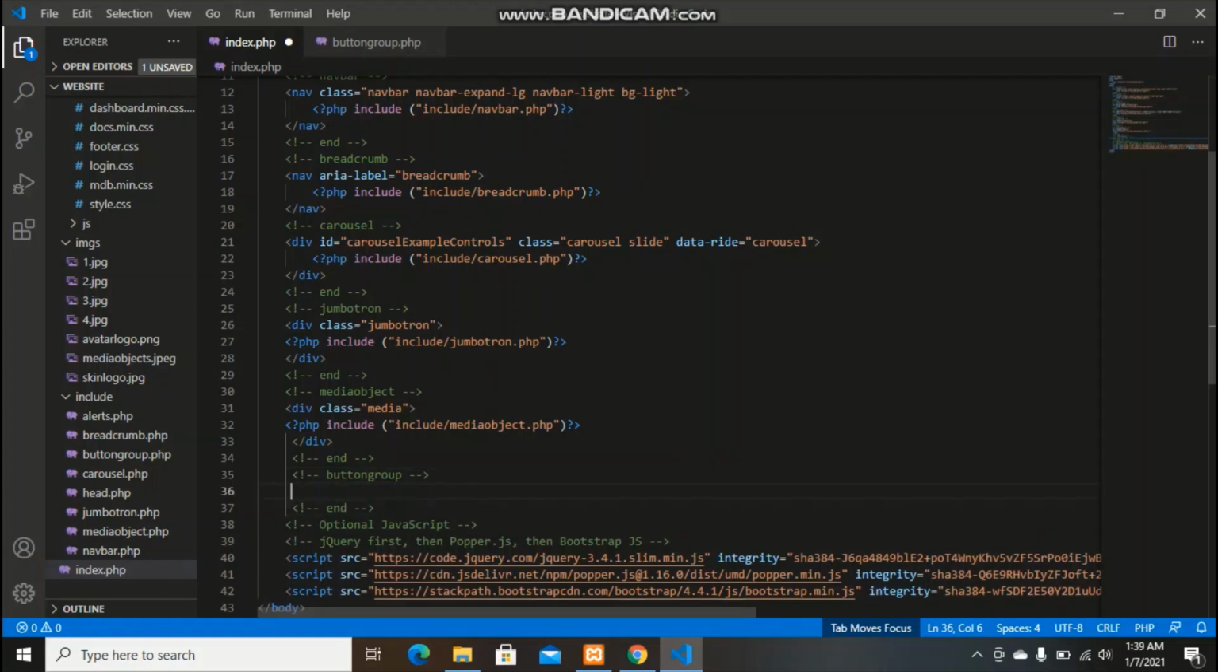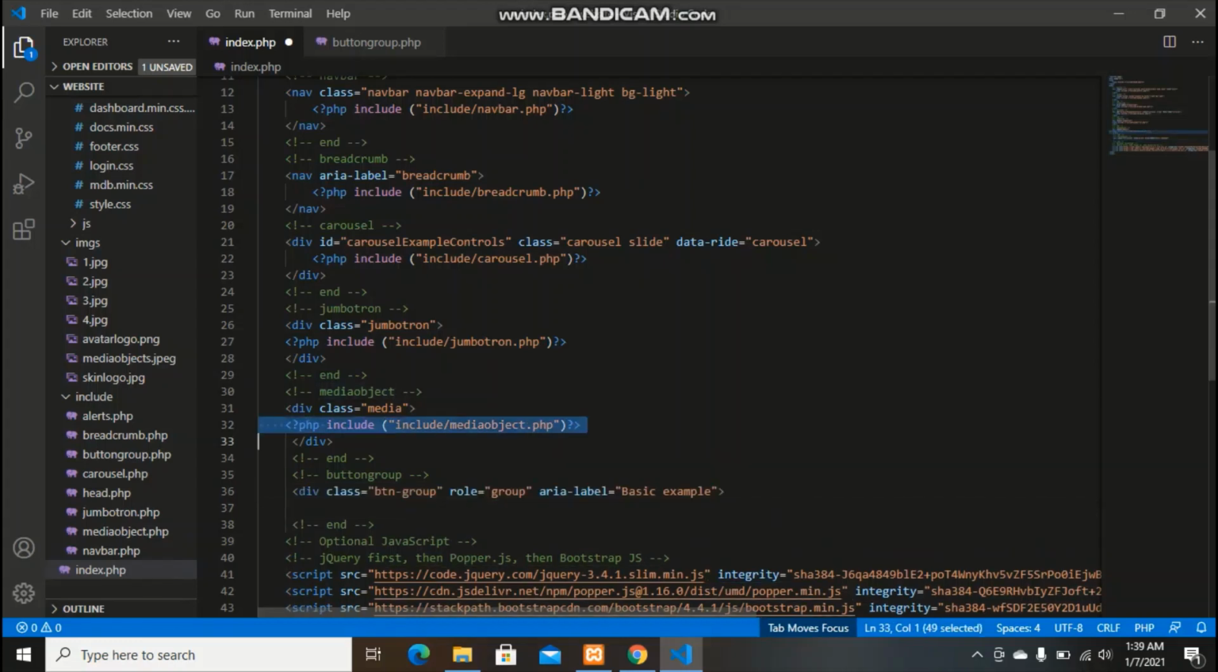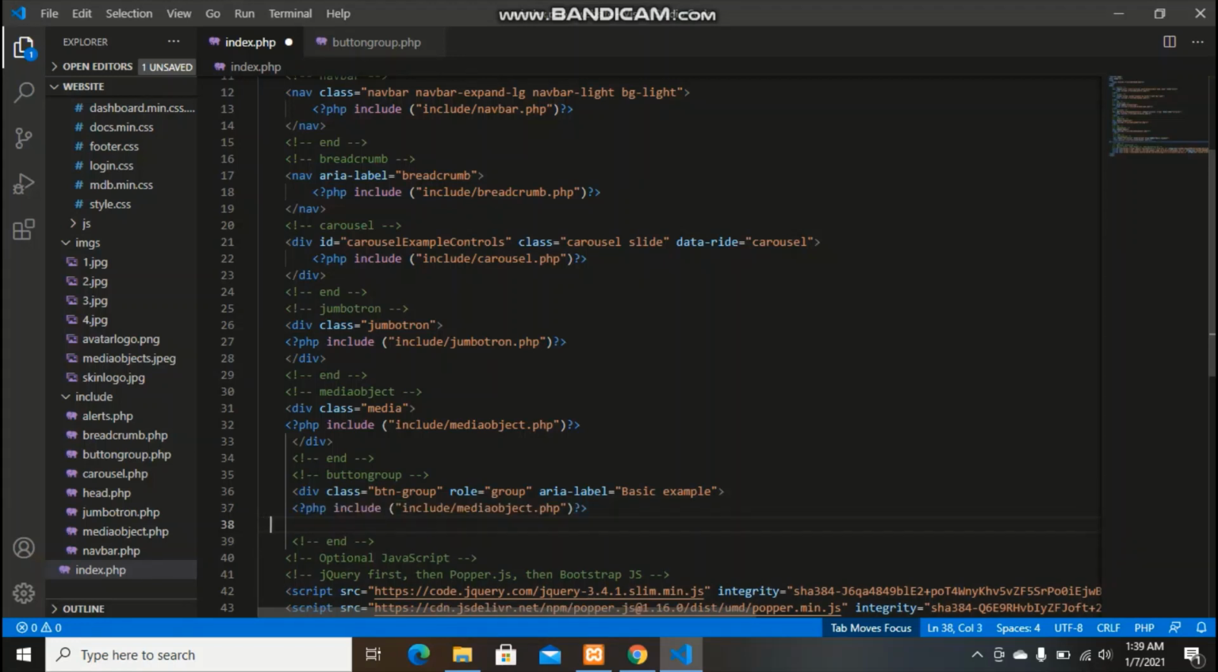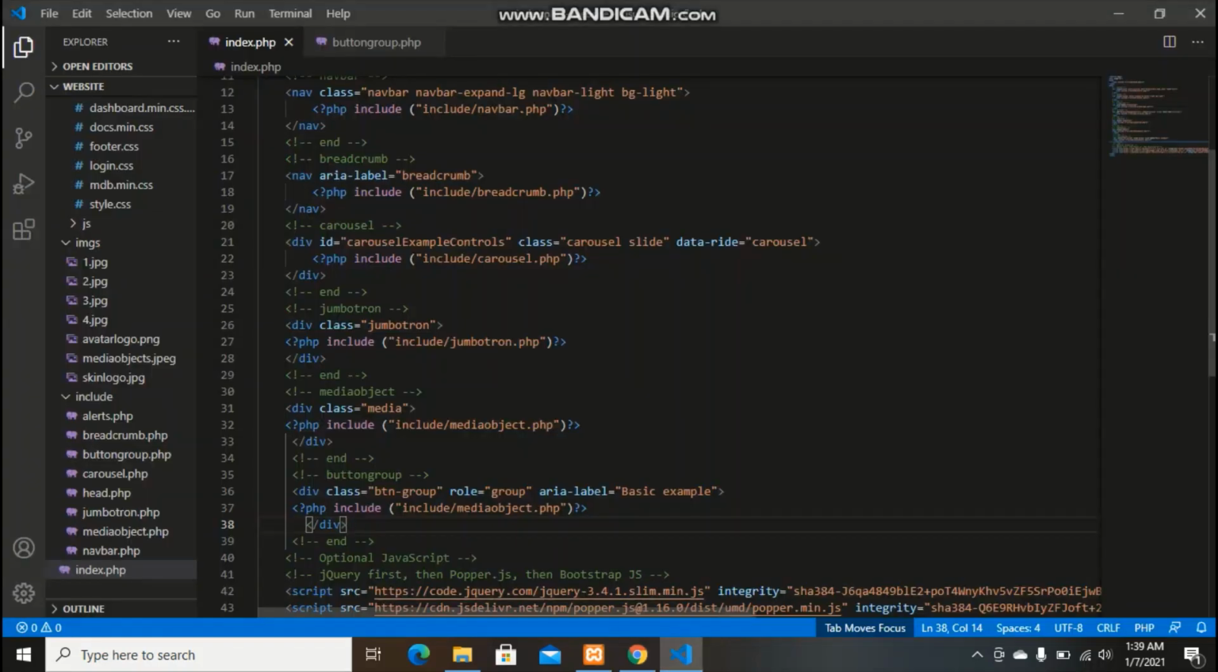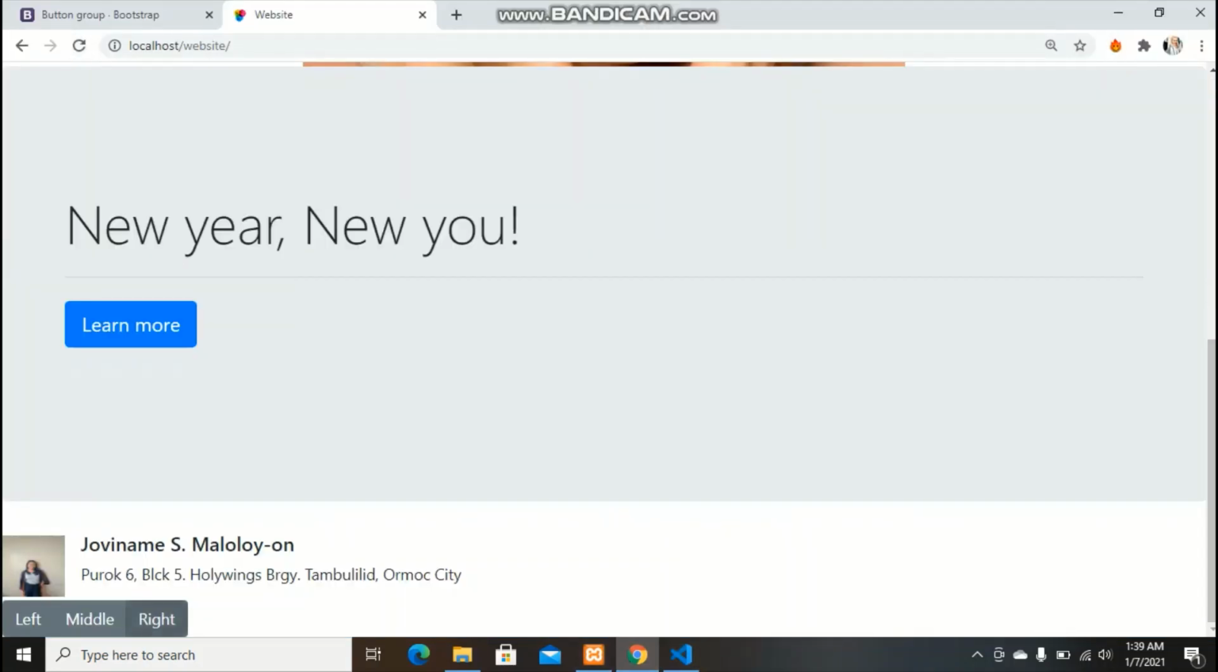And Control V. Let's copy the connection. We'll just change, Control V, and let's try to see if it's already working. Sorry about that. Button group. Alright, so it is already here in the button group, and the